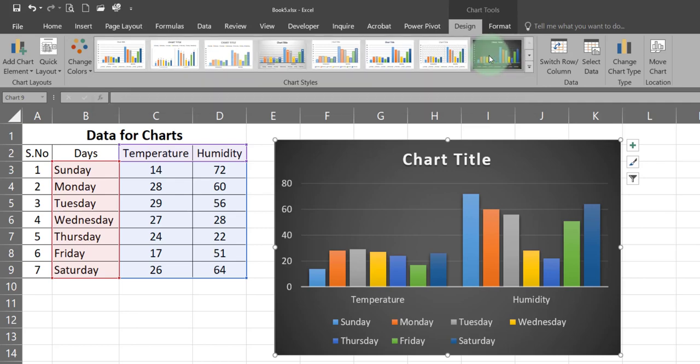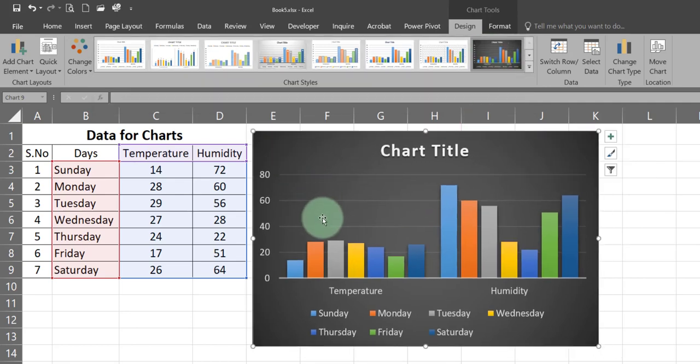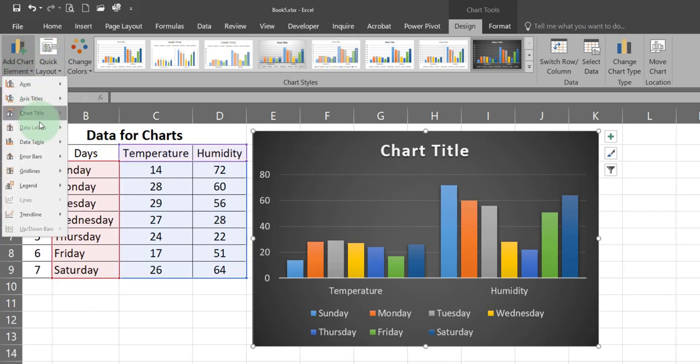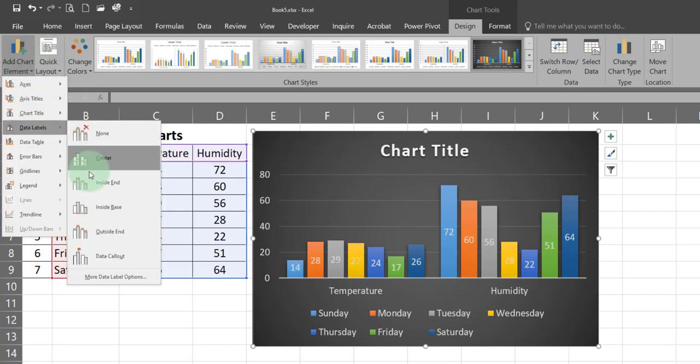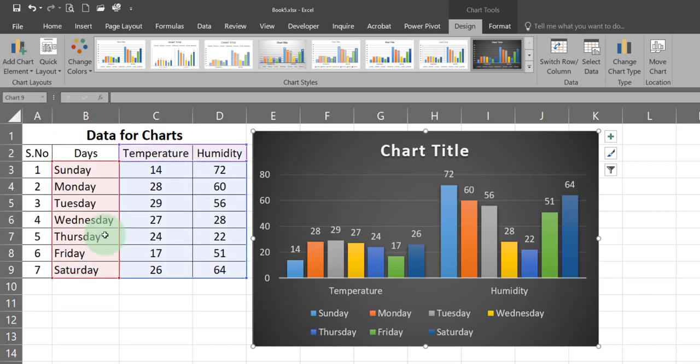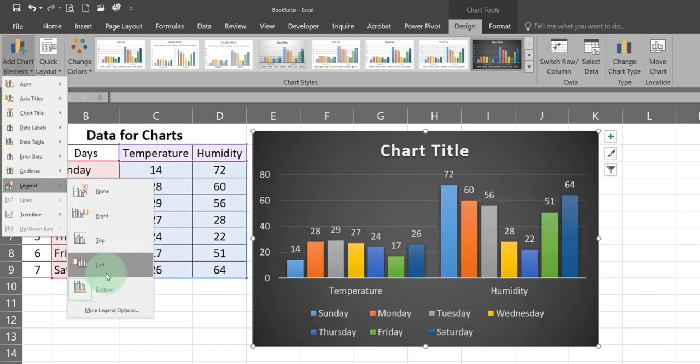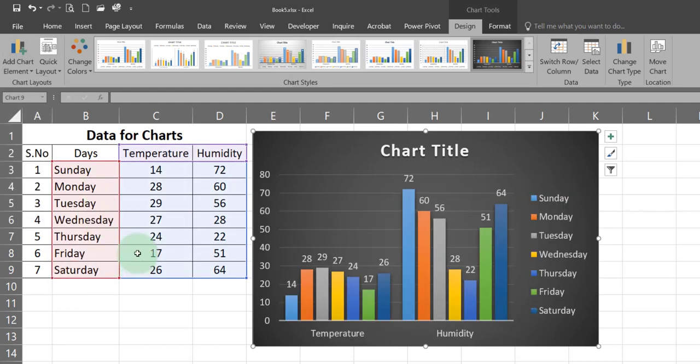Like let's say I choose this one, and I can still do some more changes, like the data labels I want them to be like this, and the legend, let's make it on the right side. So we have our chart like this.